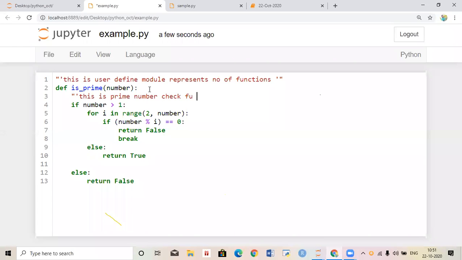Now I want to save this one. Now I want to import this one into our program.